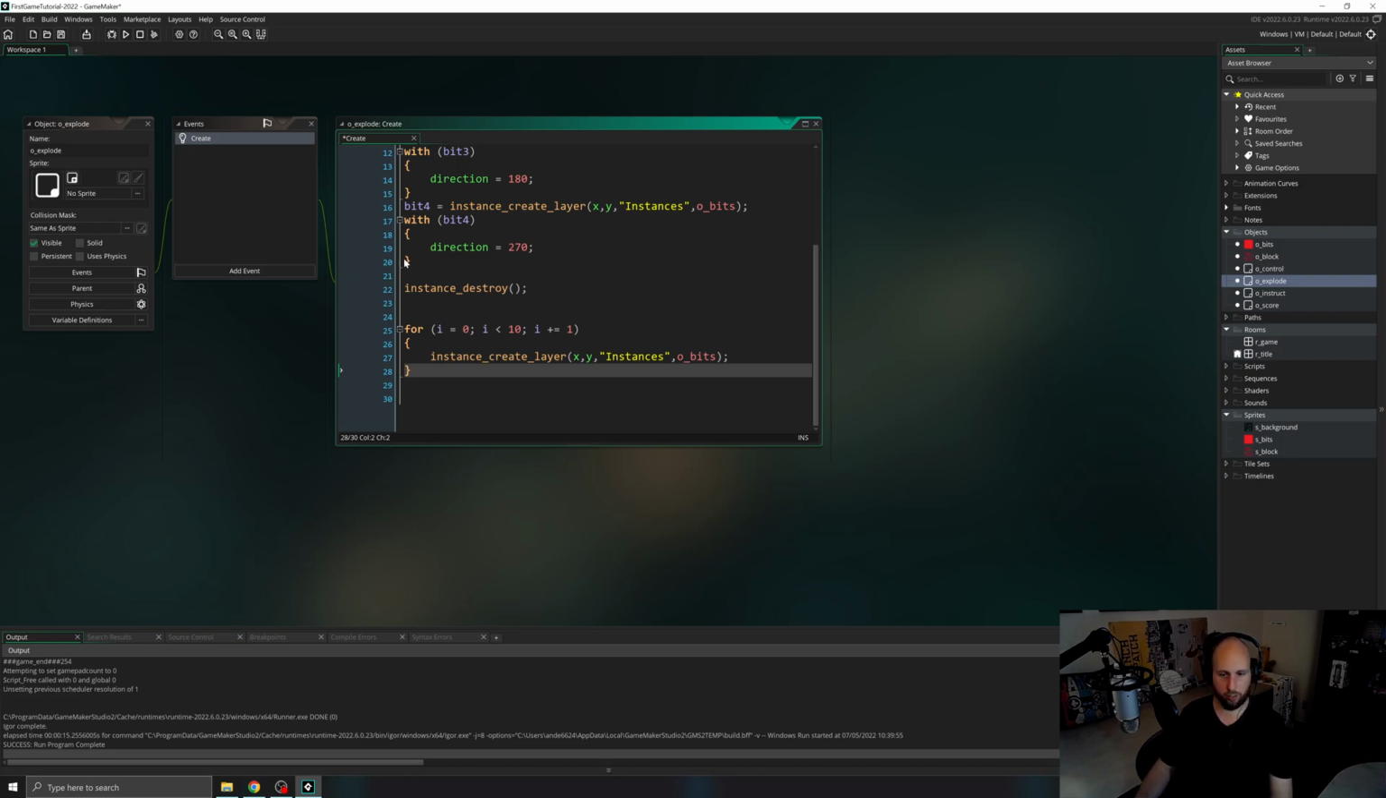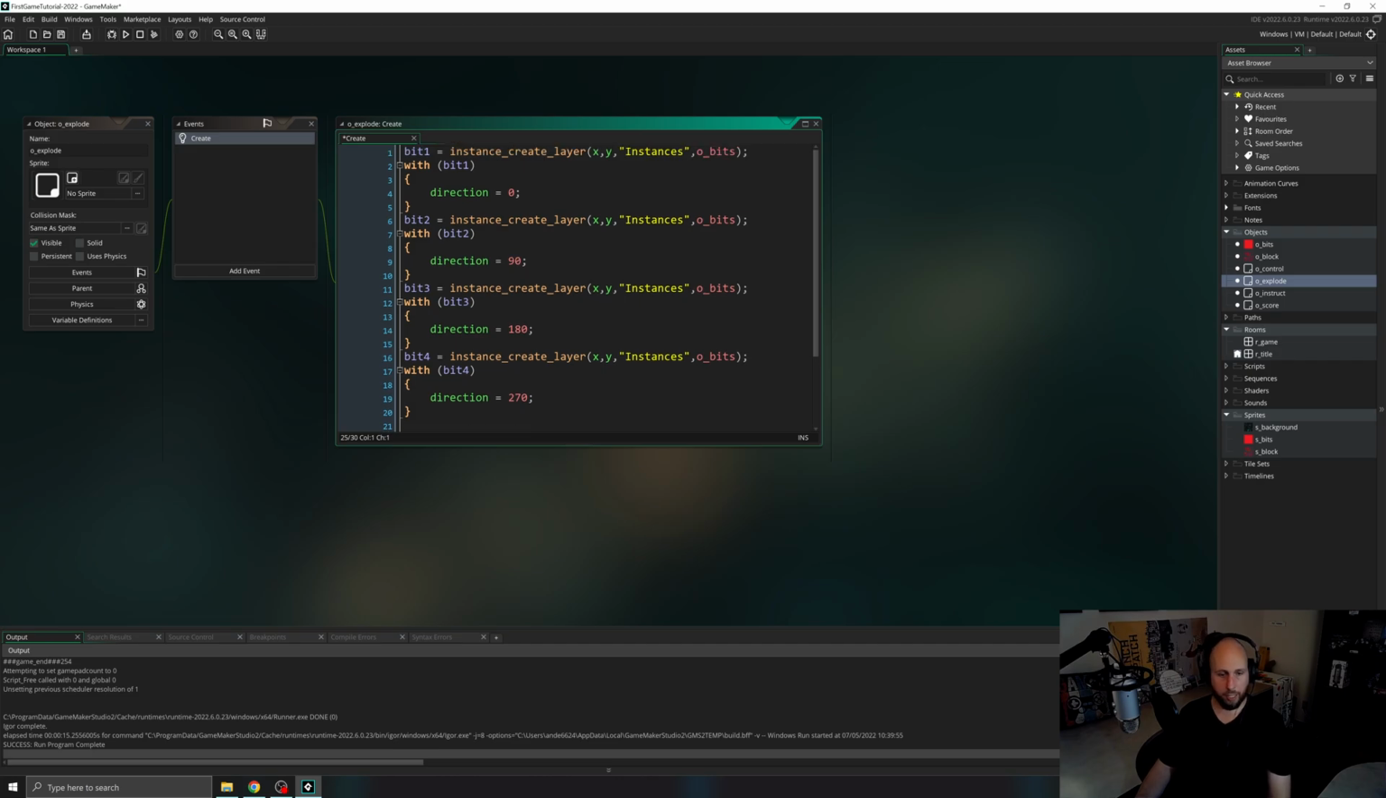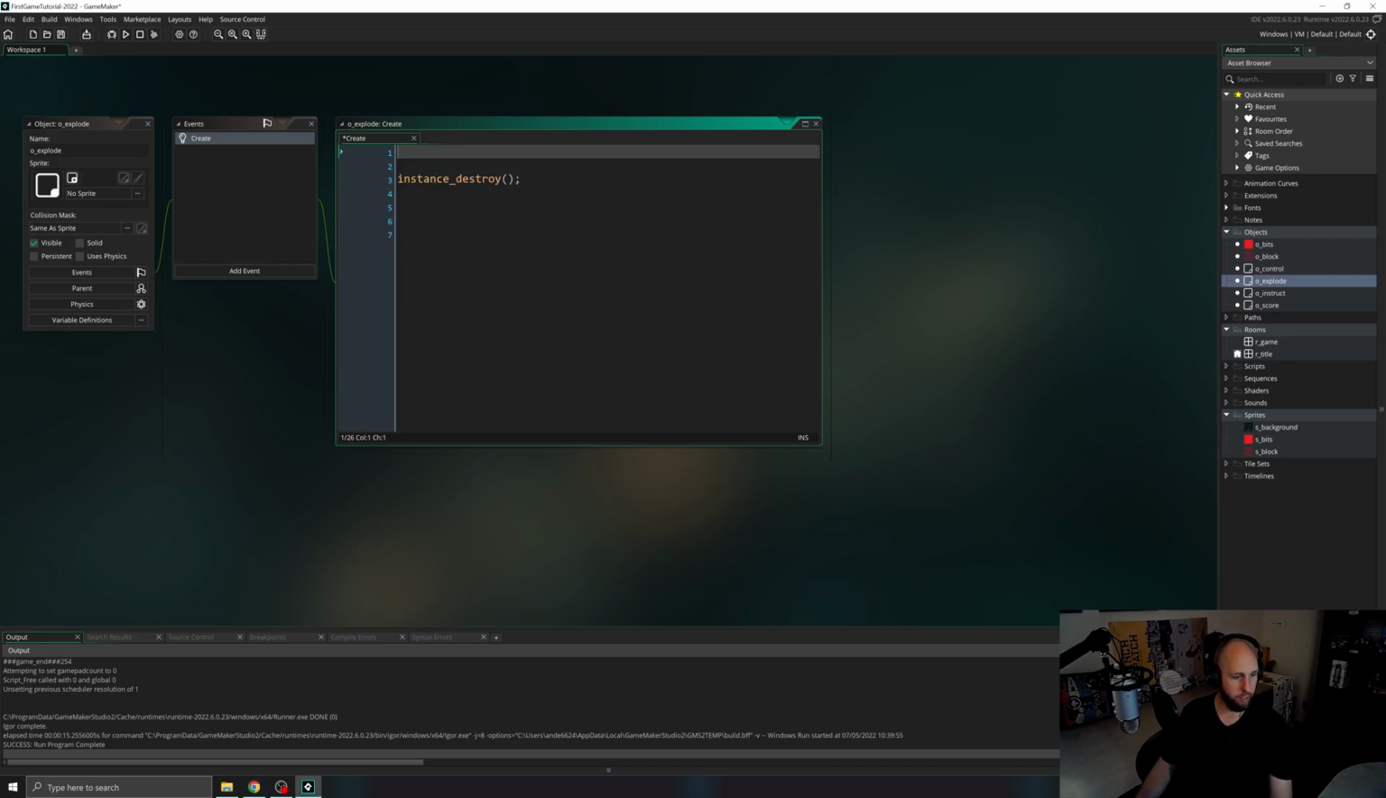So now we can consolidate all of this bulky code into a single for loop. So let's delete everything here, everything before instance_destroy, but keep instance_destroy there. And then write for (bit_dir = 0. This is the direction that the bits are going to be flying out. So we're creating a variable, assigning it a value. bit_dir < 360;